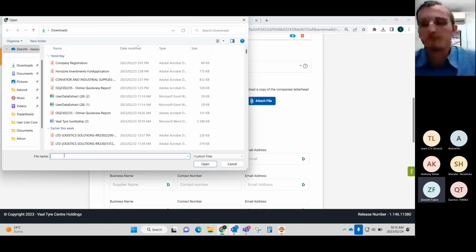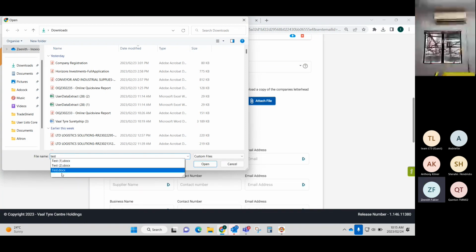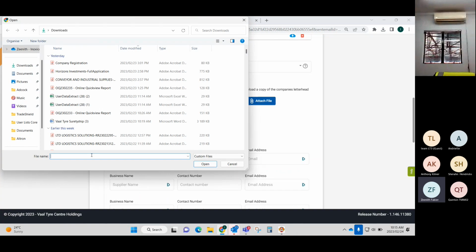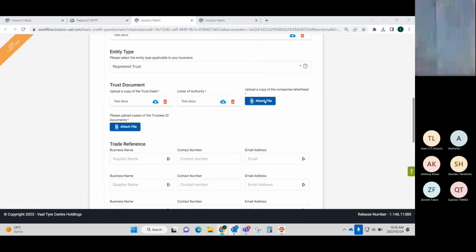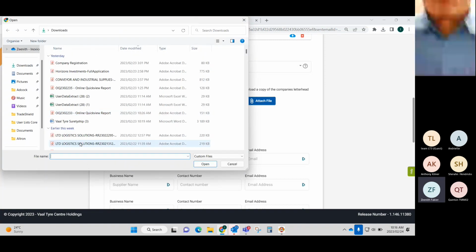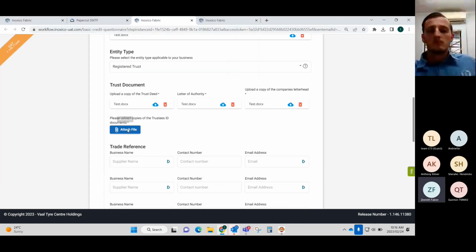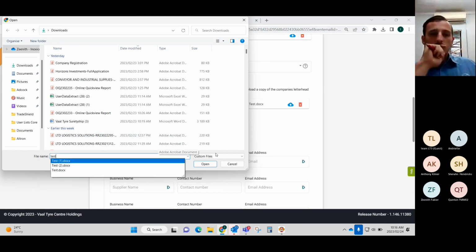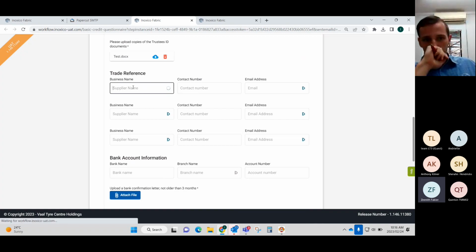Okay, so for a trust: the trust deed, the letter of authority, a copy of the company's letterhead, and copies of the trustees' ID documents. They would then need to provide trade references, so the business name,